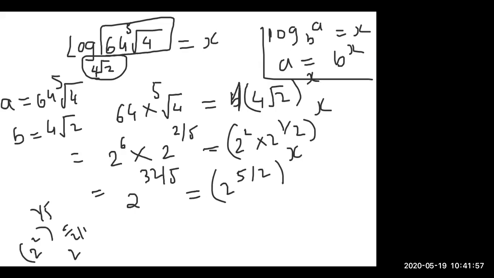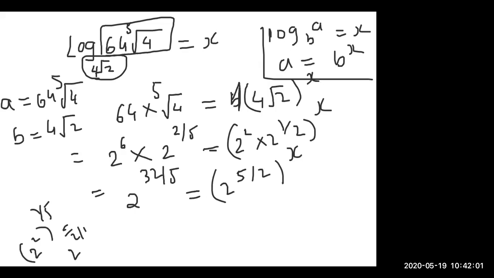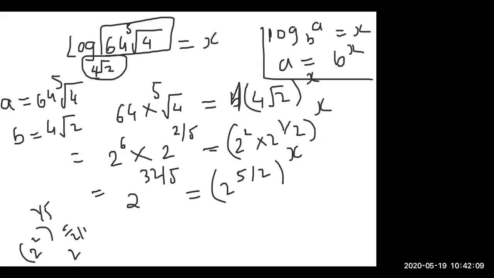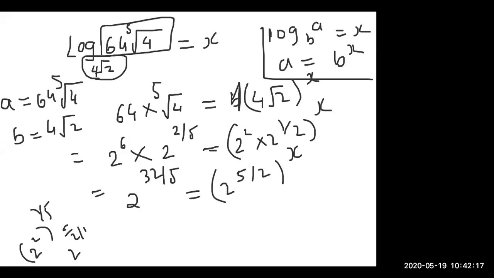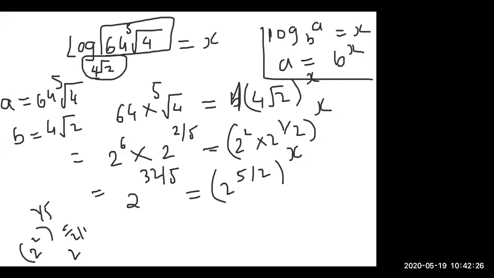Sir, I have a small doubt. In the first line, is the 4 inside the root, or is 4 in multiplication with this? 4 is in the root. It's not under root actually, it is the fifth root of 4, because I have written 5. I'm talking about the equation after the equals to, on the right side. Yeah, there 4 is outside, 4 multiplied by under root 2. Okay, sir, got it.